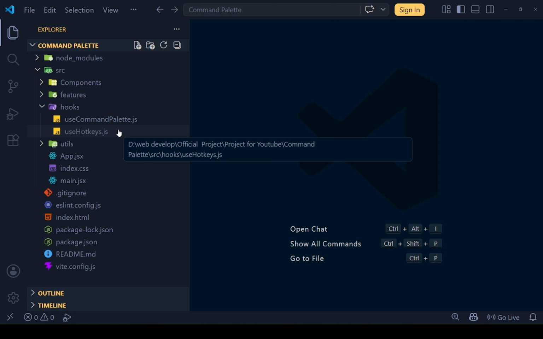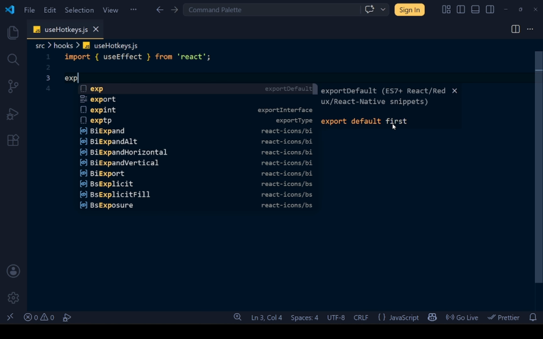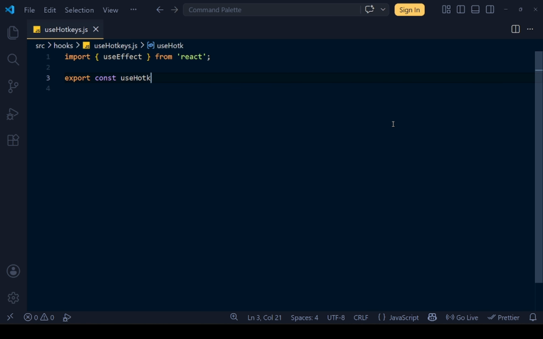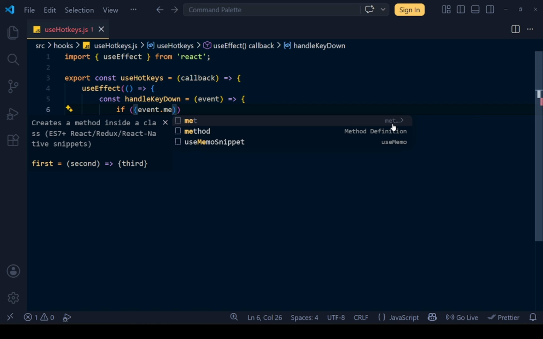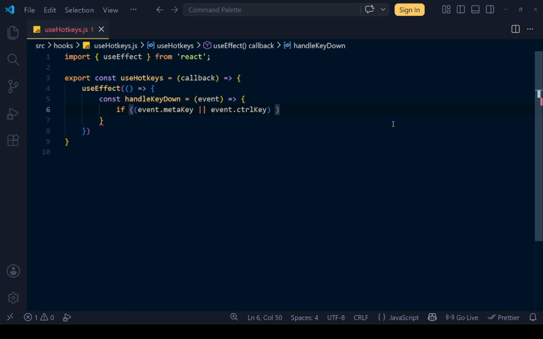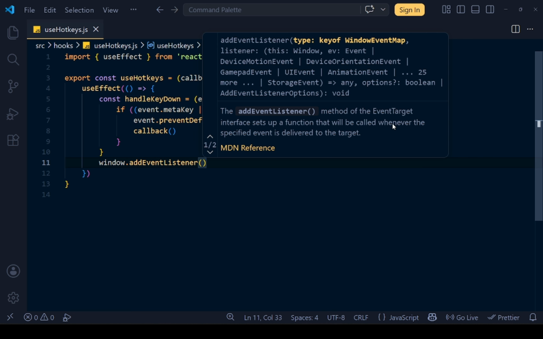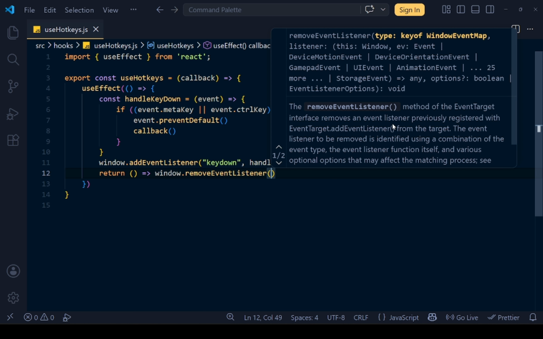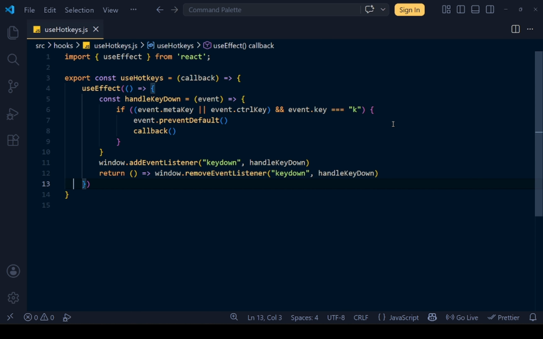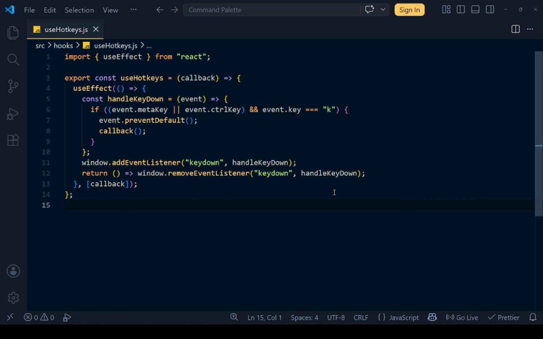Now open useHotkeys.js. Import useEffect from React and export a function called useHotkeys that accepts a callback inside useEffect. Define a handleKeyDown function. If the meta key or control key is held and the pressed key is K, prevent the default browser action and invoke the callback. Attach handleKeyDown to the window keydown event using addEventListener. In the cleanup function returned by useEffect, remove that same event listener. Include callback in the dependency array of useEffect. That completes